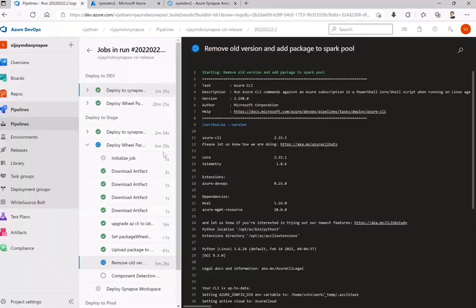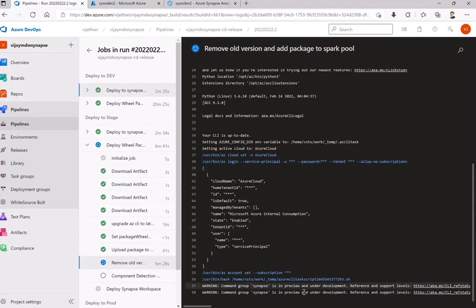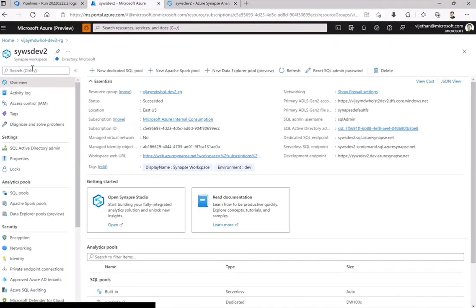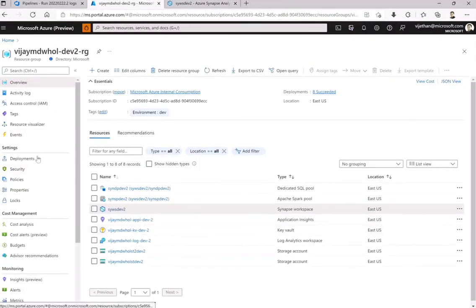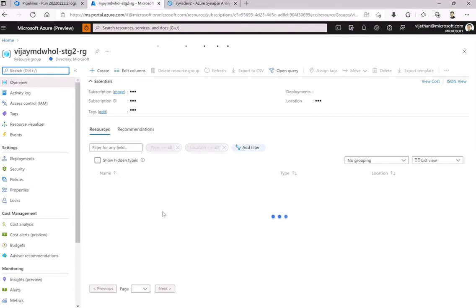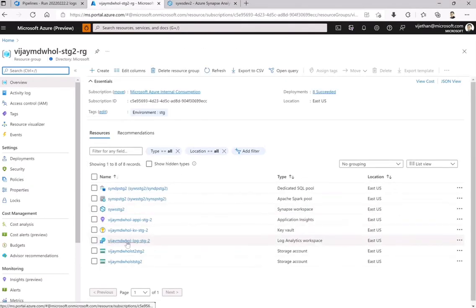So let's go back and see where we are. The staging will still take some time. Meanwhile, let's repeat this task for staging. For staging, again we have to go to the respective resource group. Let's go to the respective staging group and try to connect to that particular Synapse workspace.